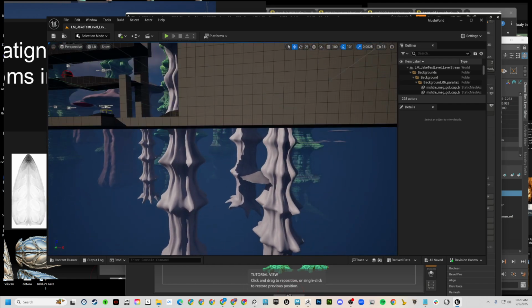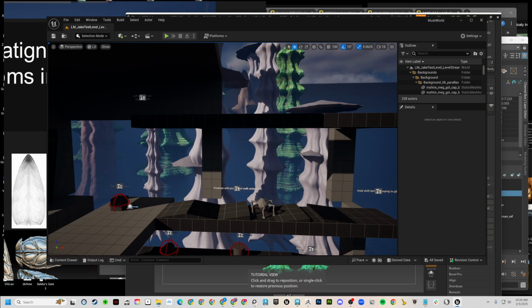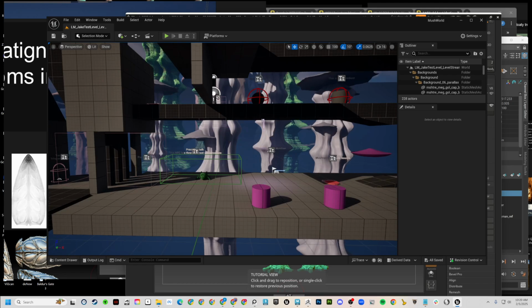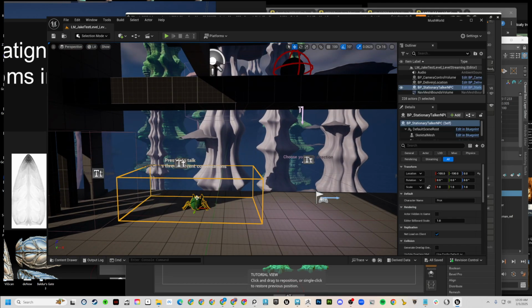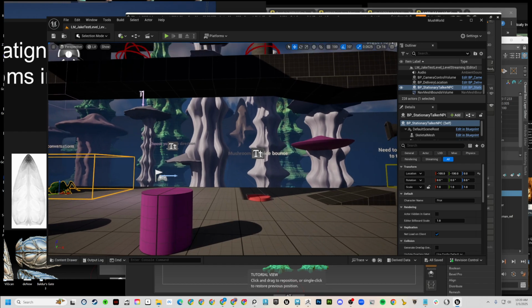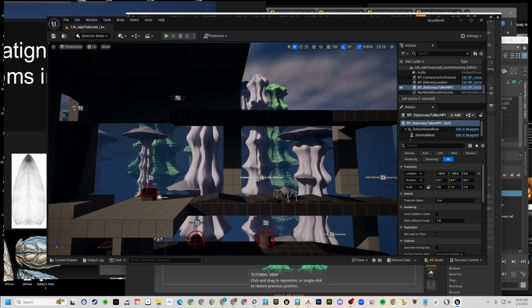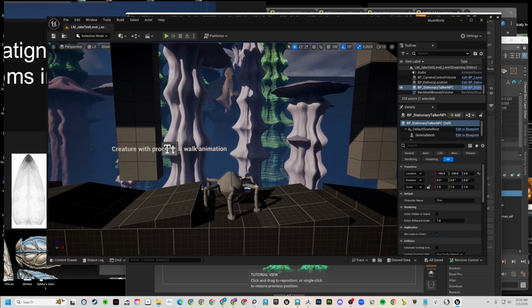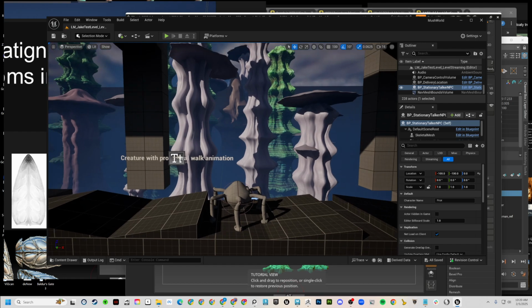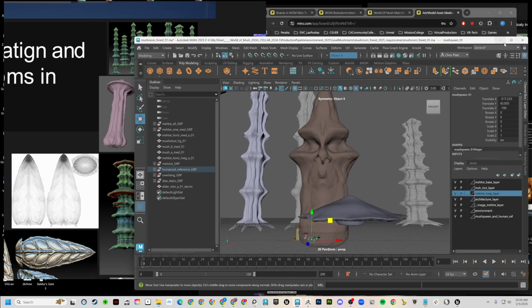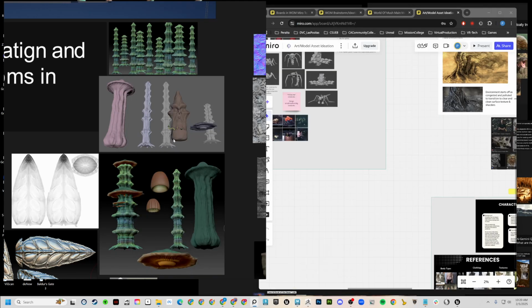And so we have a little experimental kind of gymnasium kit that has the features. So how to do a simple dialogue system that's interactive, how to get quests, how to get your pickup, how to get your jump platforms, teleporters. We have a little critter with some AI procedural animation going on up here. And that's going to be a ton of fun going through each of these steps one at a time and taking